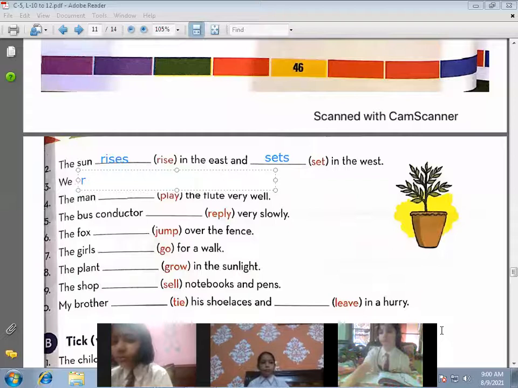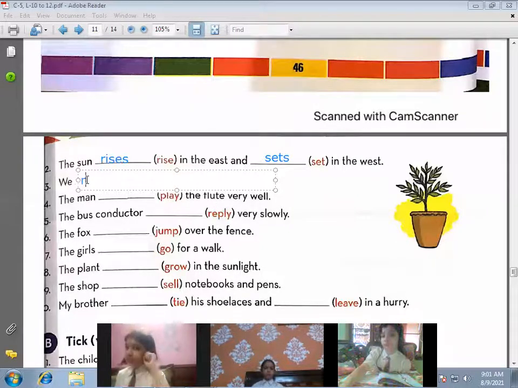Good morning, Nitya. We read our books in the library. Can you tell me the reason also? Why here you have read? Ma'am, we is plural, plural with plural base verb. Yes, with plural we use only the base form of the verb, or you can say the root form of the verb. We don't add s or es.